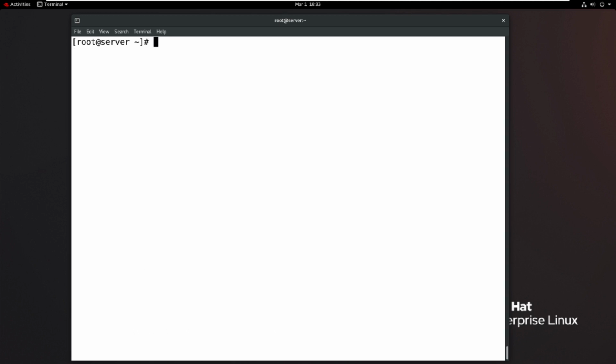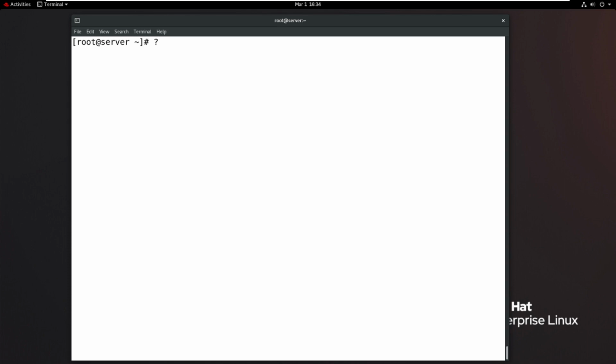Okay, and now one more important thing, the question mark. Actually, what is the question mark? It matches any single character in the given file. But basically, asterisk means it matches all files and all directories. Star means actually all.